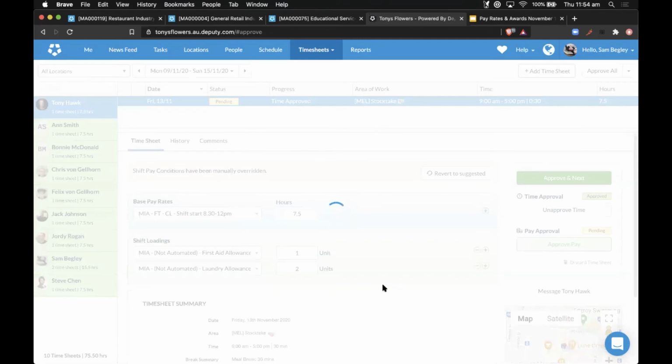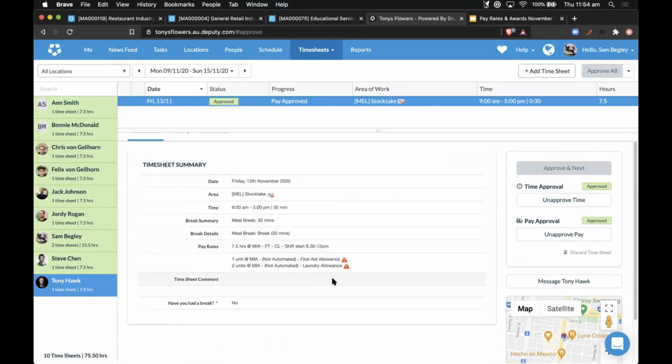So if we hit approve there, it hasn't calculated the pay of it just yet, but it's got the units in there. So when you get to the export, it'll calculate the values of it. Now, another good thing to note is that you'll have these alert icons, these red icons here, and that's just to note that this is manually added. This is not part of the automation. So you overrode the timesheet itself, and this is kind of like putting stamps on it. All this stuff is the automated approval stuff, and then this is the stuff manually added to the timesheet. Cool, perfect.